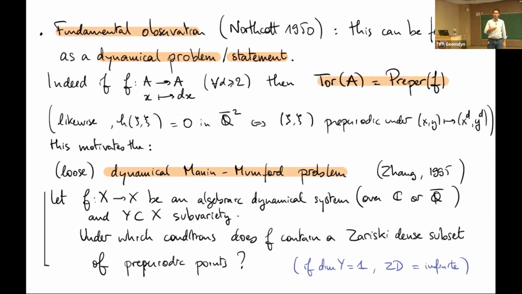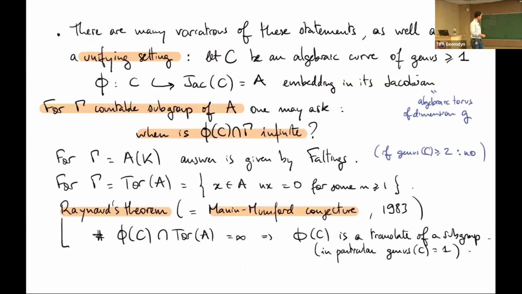So on this torus, you have a natural family of endomorphisms, just given by multiplication by D. You choose any D, like D equals 2. You have this endomorphism given by multiplication by D, and it's a very simple exercise that the set of torsion points is exactly the set of preperiodic points for this endomorphism, whatever D is. Okay, so now you can reformulate the previous statement in terms of dynamics. It says that if a curve contains infinitely many preperiodic points, then the curve must be itself preperiodic.